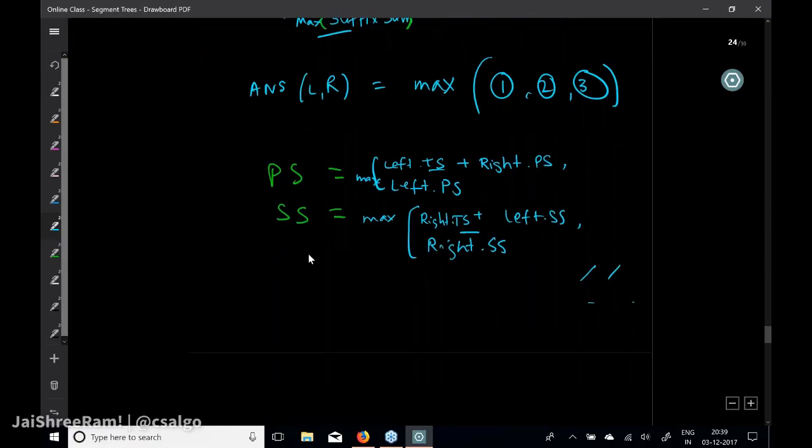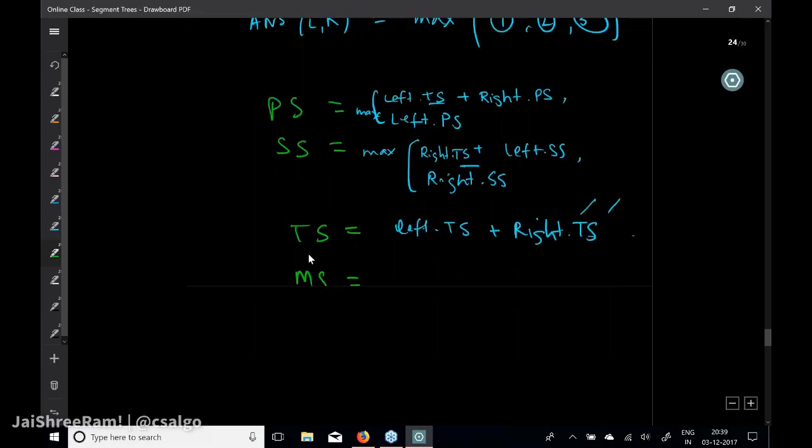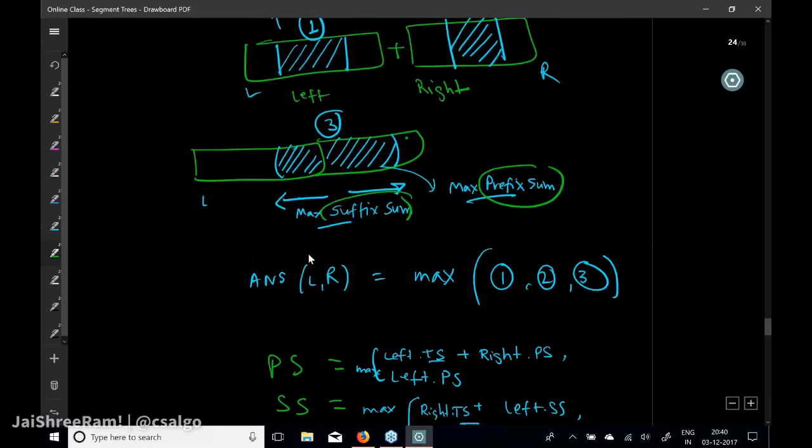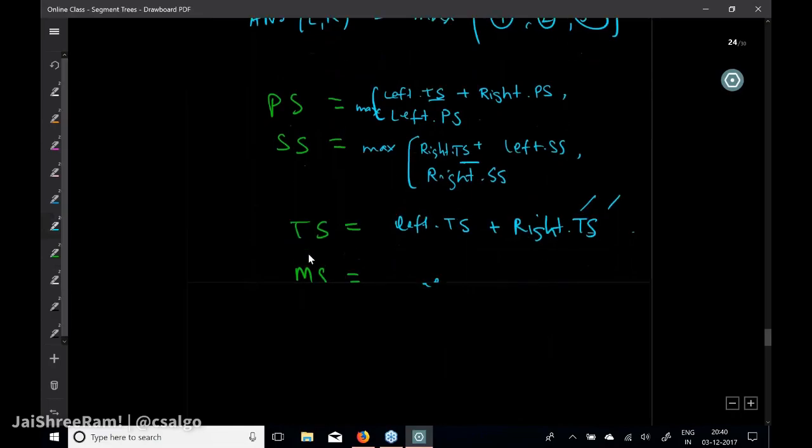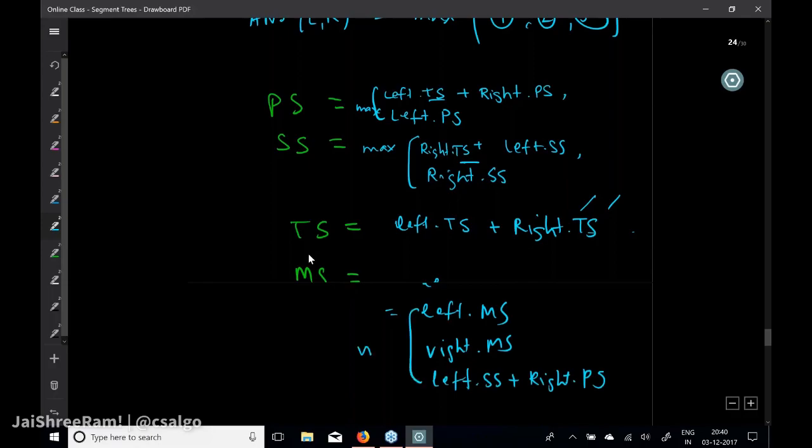अब क्योंकि यहाँ पे टोटल सम हो रहा है तो टोटल सम तो मेरे को कंप्यूट करना ही पड़ेगा। तो टोटल सम का फॉर्मूला क्या हो जाएगा, टोटल सम कैसे निकलेगा, लेफ्ट का टोटल सम प्लस राइट का टोटल सम। एंड अब मैक्सिमम सम तो एक्चुअली तो हमें मैक्सिमम सम कंप्यूट करना था। सो मैक्सिमम सम कैसे निकलेगा, तीन ऑप्शन ये बनाए थे मैंने। पहला ऑप्शन क्या है, लेफ्ट का मैक्सिमम सम, मैक्सिमम सम इज नथिंग बट लेफ्ट का मैक्सिमम सम, राइट का मैक्सिमम सम, लेफ्ट का सफिक्स सम प्लस राइट का प्रीफिक्स सम और इसका मैक्स,